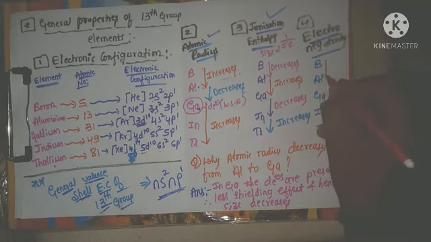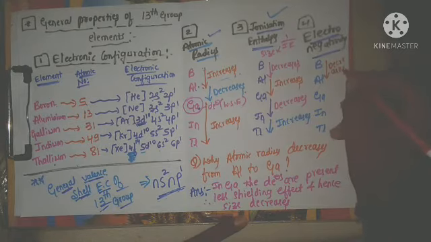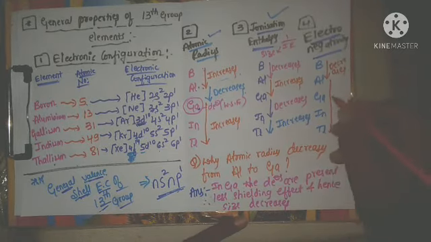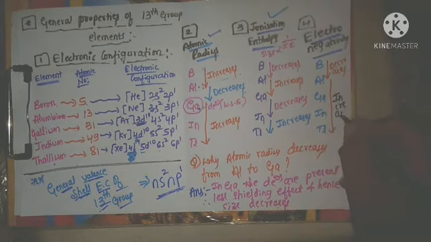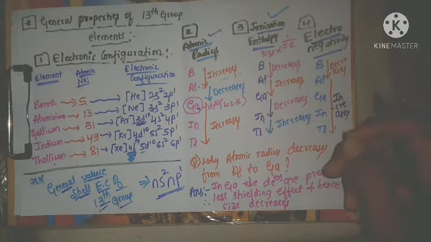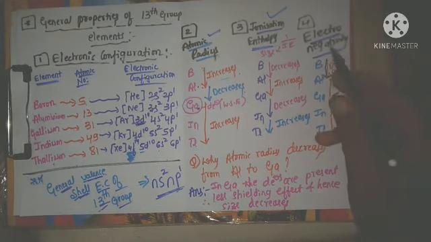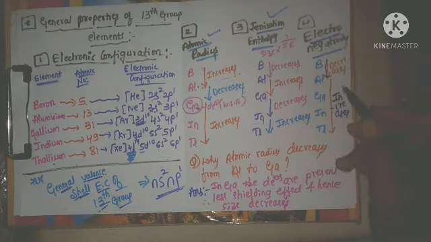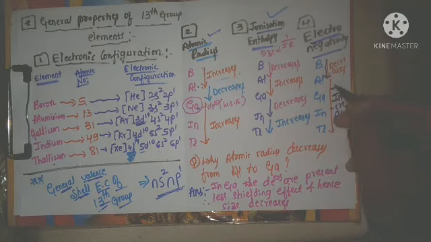Here it is very simple. From boron to aluminium, the electronegativity decreases. From aluminium to thallium, the electronegativity slightly increases, not much point change. Only 0.1, 0.05, 0.2, that much only, not a large amount, right? From boron to aluminium, what happens to the electronegativity? Decreases. From aluminium to thallium, it slightly increases. The word slightly, you have to write: slightly increases from aluminium to thallium.